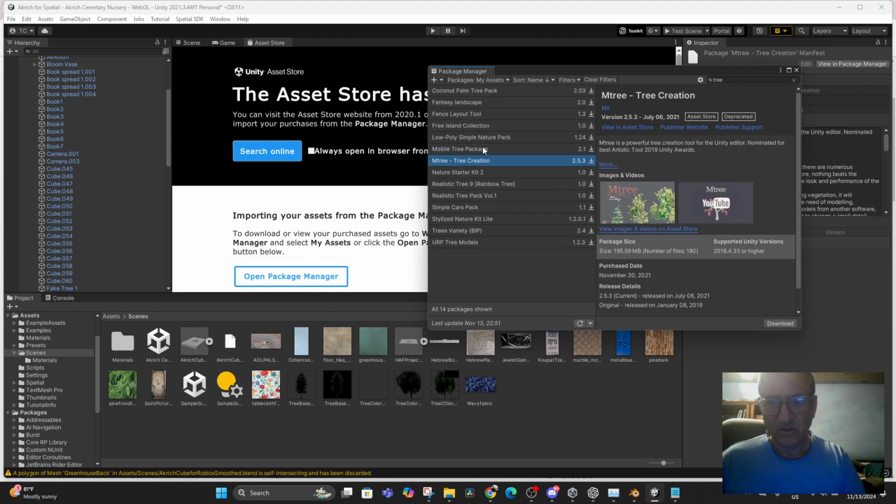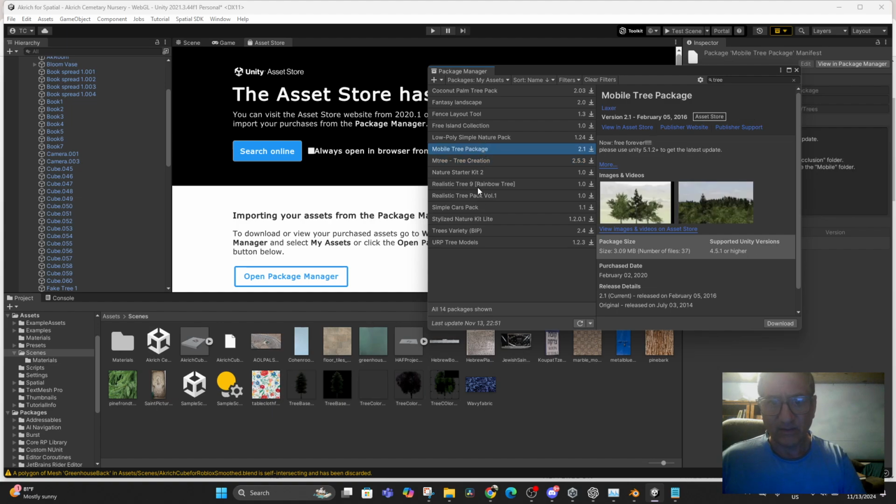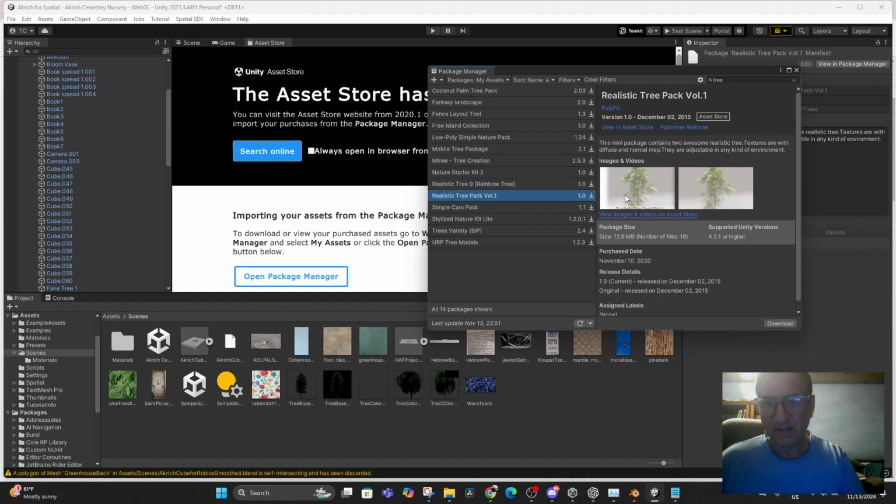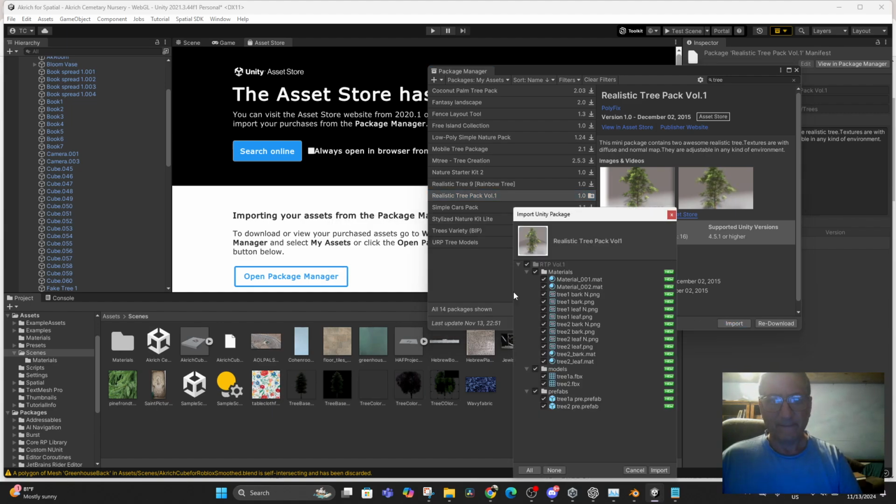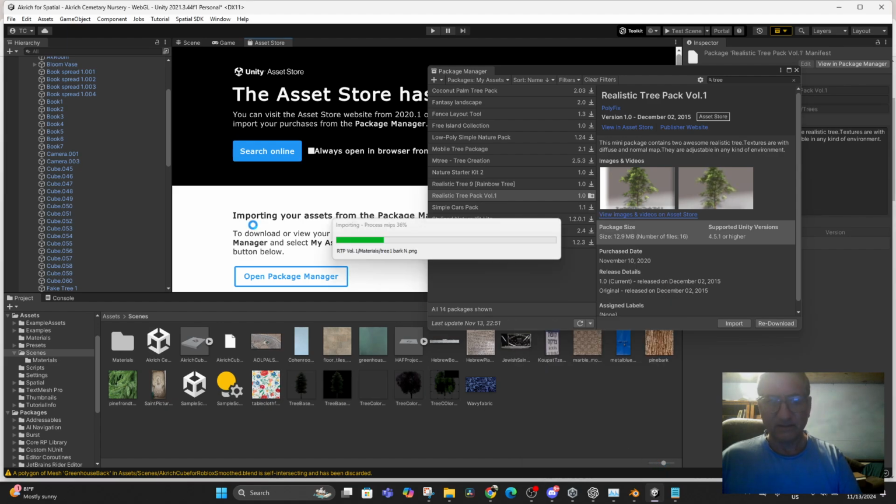There's on tree creation, and I've got this one here, and then I've got realistic tree pack. And I would download it, and then I would import it into the project,